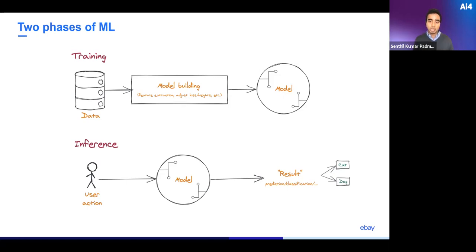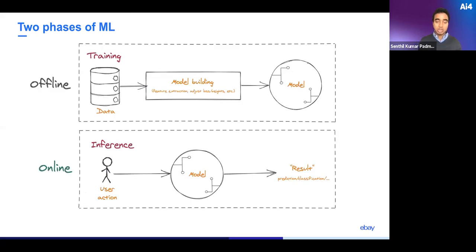Usually what happens is you take a model, you encapsulate it or wrap it in a service, and then when a user calls that service, it calls the model and gives you results. The results can be a prediction or a classification. Basically, whether the user-uploaded image is a cat or a dog, and that's what the model tells you back. And in most cases, the reason I'm saying most is because there are some exceptions,